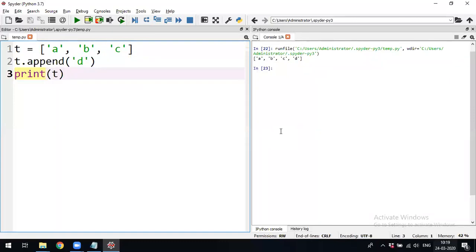If you want to change B with D, you directly give the index: T of 1 equals D. But if you want to add at the end, you cannot give T of 3, because there is no index called T of 3. In that case, you have to use append, and it is going to store permanently.